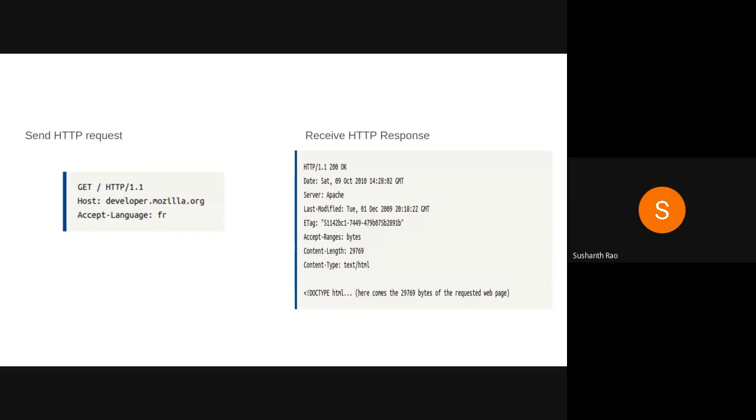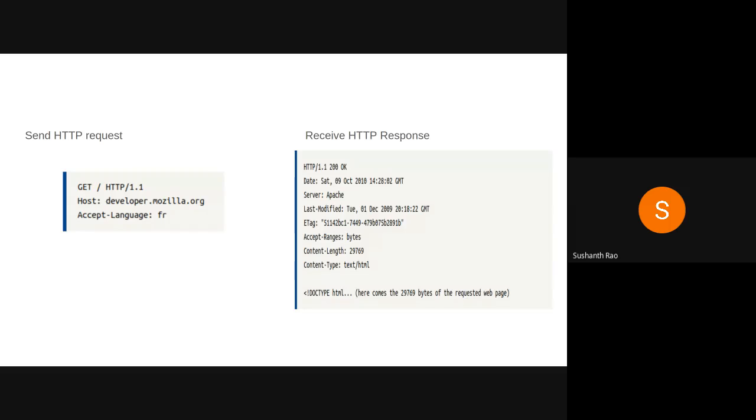Now, when the response is sent back, as you can see here, there are different headers that have been set, like the content type. In this particular scenario, we're requesting HTML type data. When you type nitk.ac.in in the browser, you're requesting HTML data, basically a web page that can be rendered on the browser and which you can visually see.